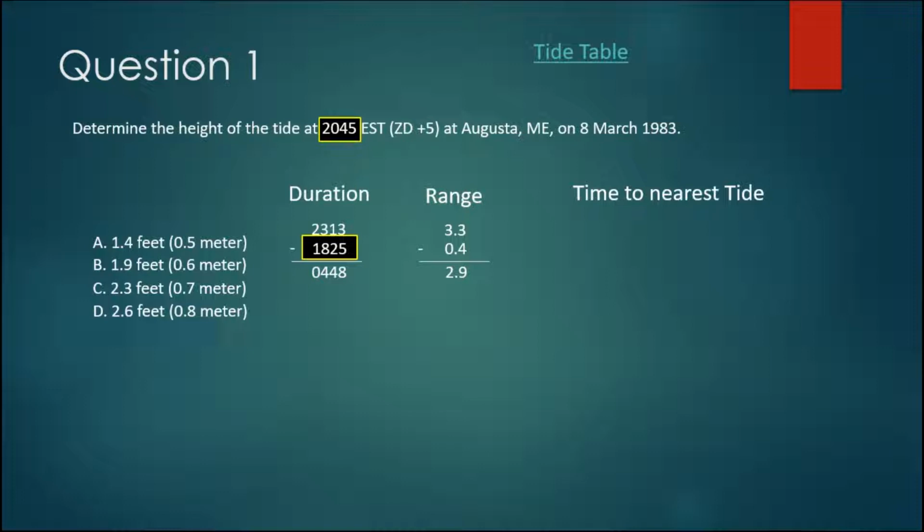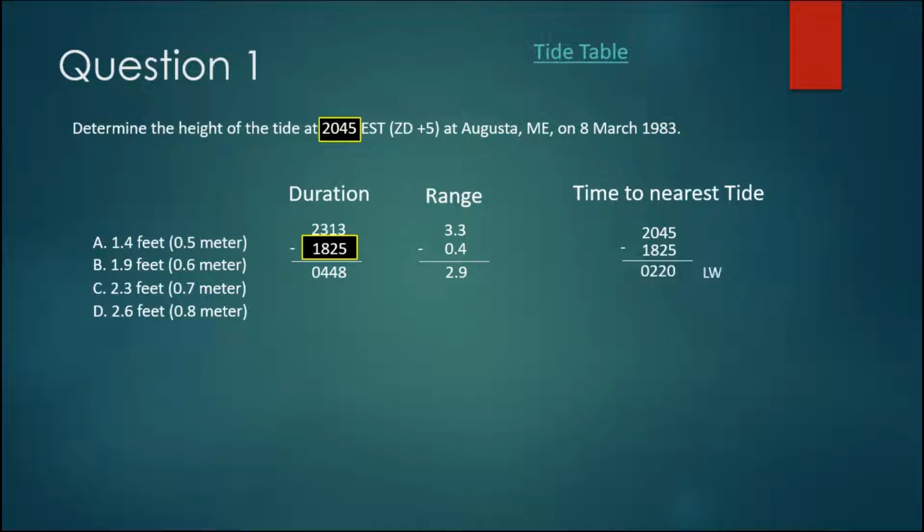I believe, I'm not sure if it's this lesson or maybe the next lesson, but I know there's one somewhere in these 4 lessons where the time falls exactly in the middle, so it doesn't matter which tide you use. But you need to figure out which tide the time is closest to, and then get that. So we would subtract 1825 from 2045,